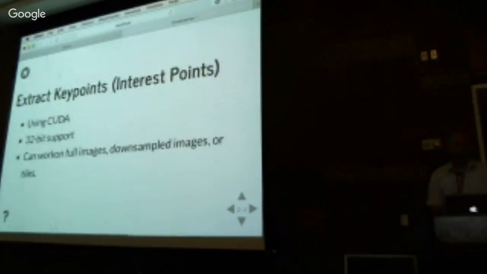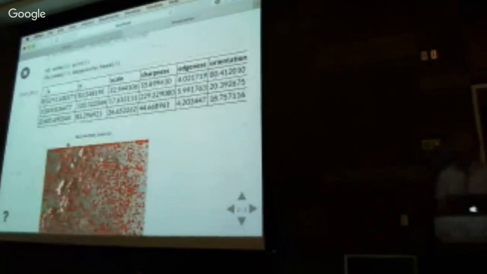We'll see what happens. So, extracting the interest points, like I talked about yesterday: CUDA, 32-bit. Nice typo there. Works on full images, downsampled images, tiles. That's what I said yesterday, that we can chunk through Trent's 40 gigabyte mosaic, because we can tile it out. We can understand how much we want to overlap in there, because when you're doing the extractions, it's pyramided, different Gaussians, so we want to make sure that we deal with different edge effects. Here we can see key points. Like I said, it is a Pandas data frame, and so any of the analytics that you would apply to a Pandas data frame, you can apply here. So you can interrogate your data however you want. You can query it with